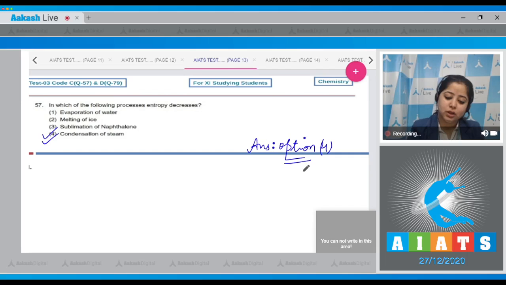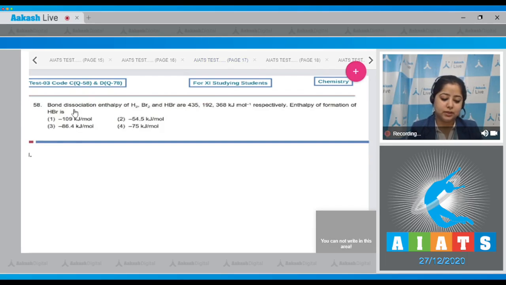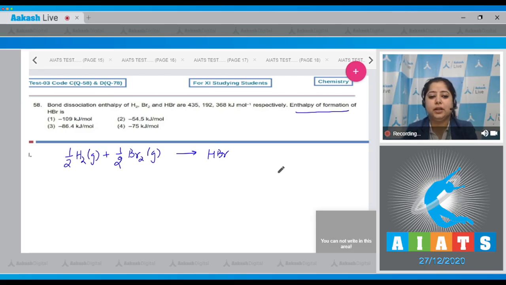Moving to next question, which is 58. Let's read it. Bond dissociation enthalpy of H2, Br2 and HBr are 435, 192, 368 kilojoules per mole respectively. Enthalpy of formation of HBr is. Students, first of all, I'm writing the reaction of formation of HBr. Half H2 plus half Br2 gives HBr. Students, I have written here 1 mole of HBr because enthalpy of formation is for 1